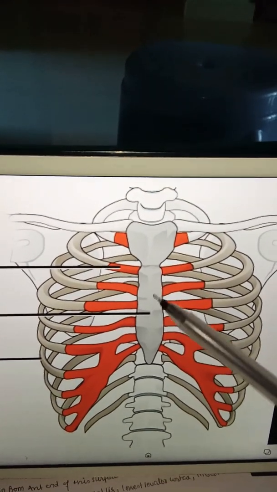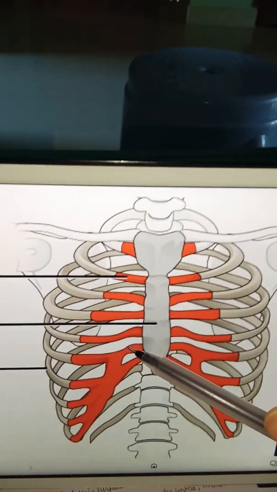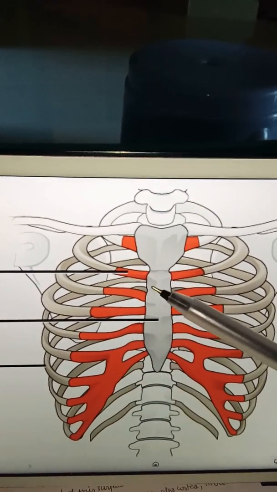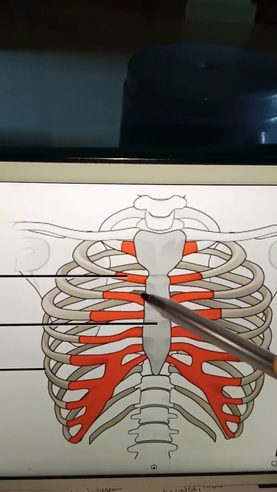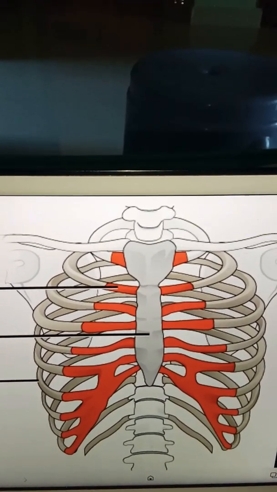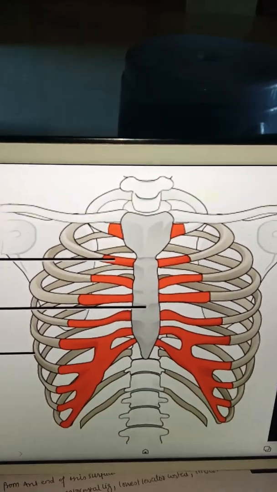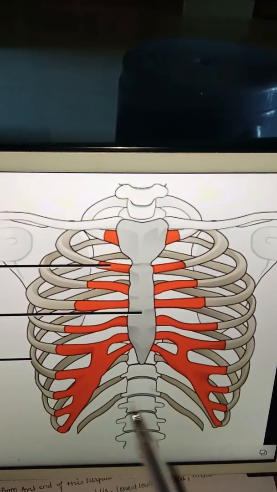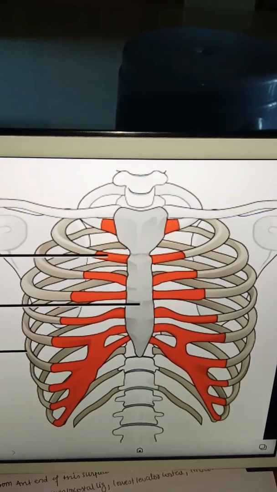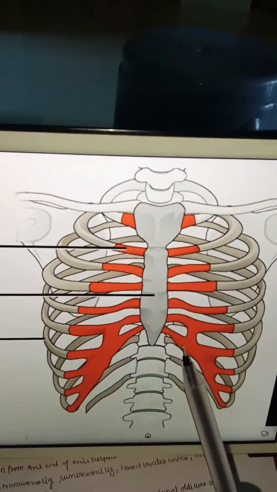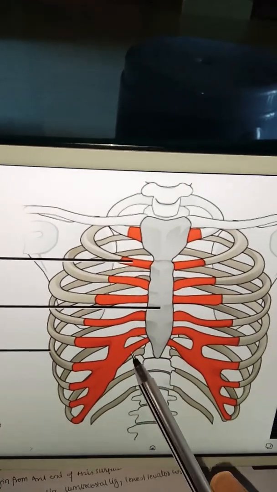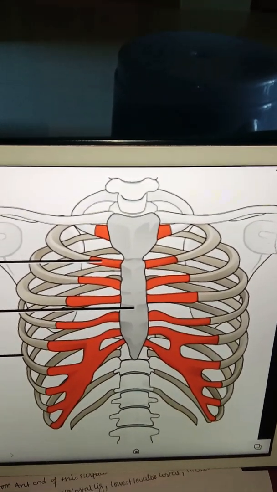And next from the 2nd cartilage to the 6th cartilage, on the posterior side they have insertion to sternocostalis. In the name itself you can see sternocostalis, related to the costal ligaments. And next you have 7 to 12 cartilage. From 7 to the last, 12, all these cartilages have attachment posteriorly to the transverse abdominis and diaphragm. So remember, diaphragm and transverse abdominis are attached posteriorly to the costal cartilage, especially 7 to 12.